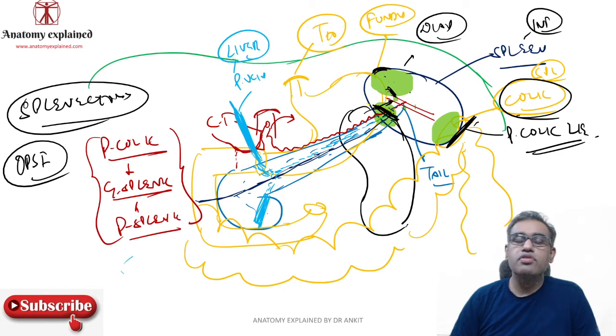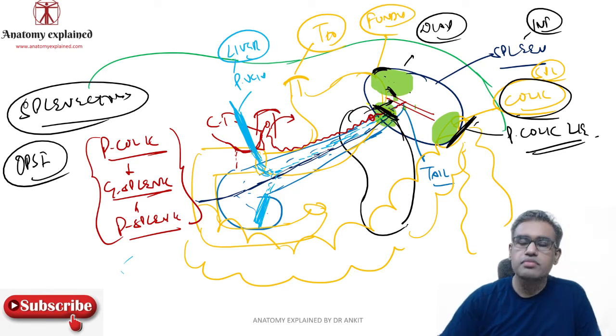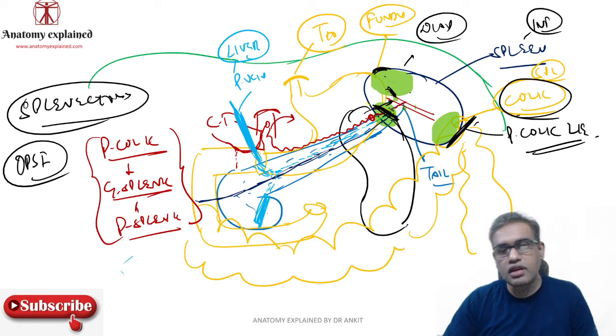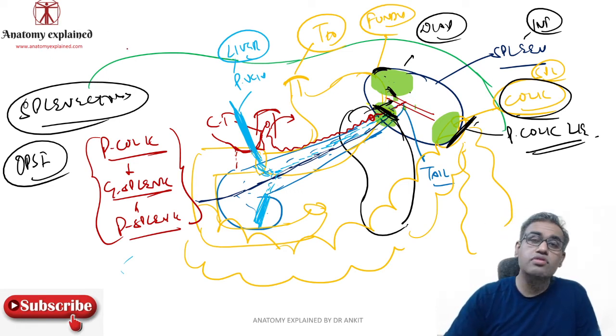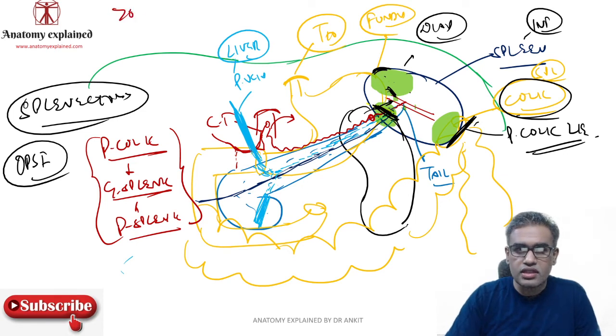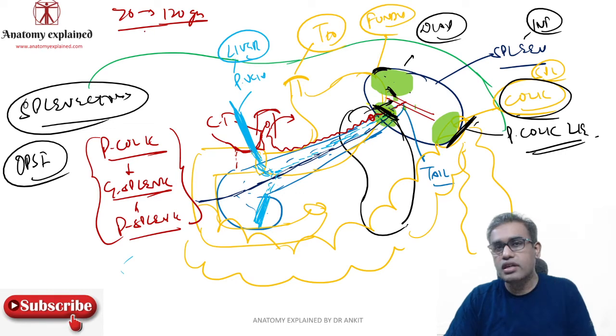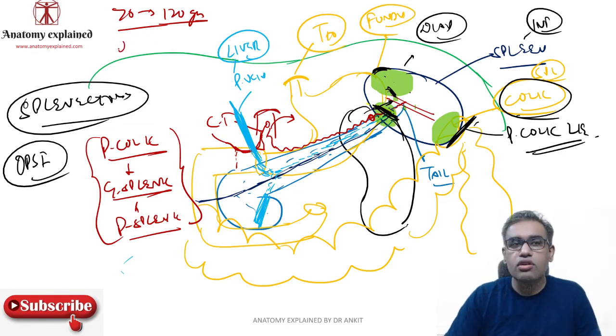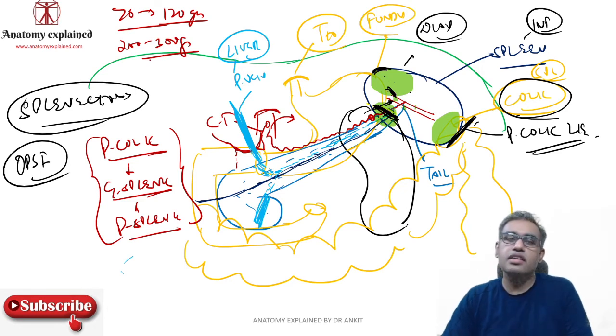After you have cut these ligaments, you try to ligate the splenic artery, because when you ligate the splenic artery, the blood flow to the spleen decreases. So that is also one important thing. If you talk of the weight of the spleen, the raw weight normally is around 70 to 120 or 130 grams. But in the body, the weight is around 200 to 300 or 350 grams. Why? Because there is a lot of blood inside the spleen.